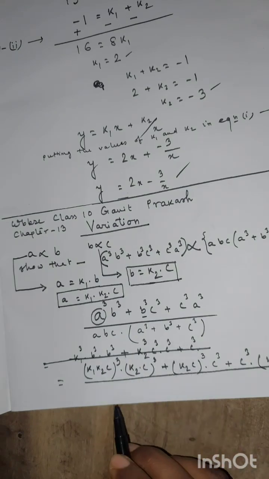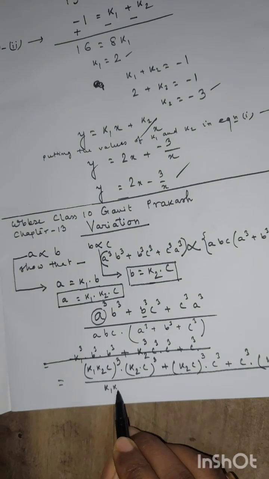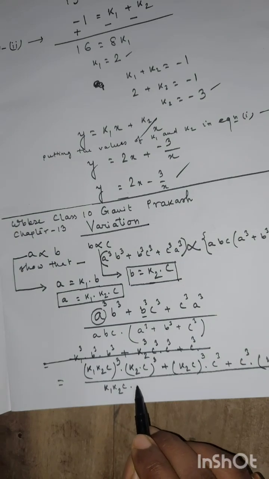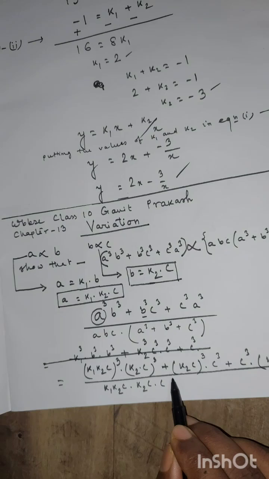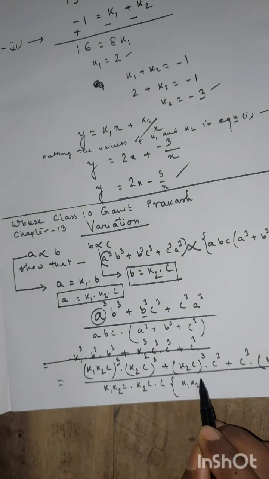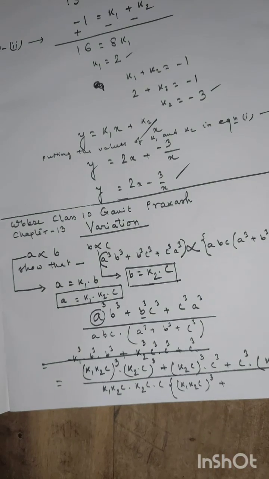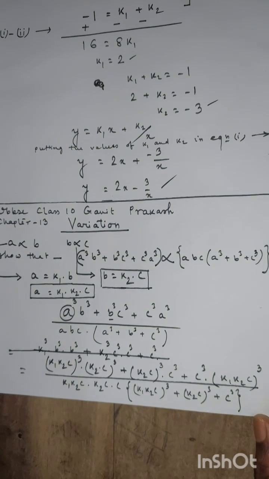And in the denominator ABC, that is K1 K2 C into K2C into C, within bracket, in place of A cube we can write, in place of B we can write, in place of C. So we get this expression. Now if we simplify this expression we get